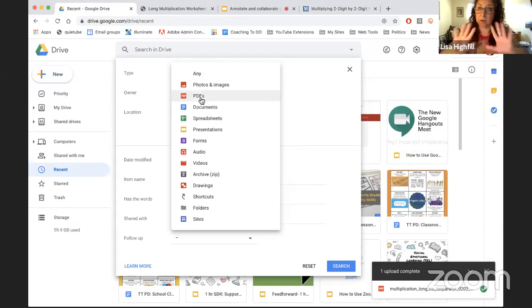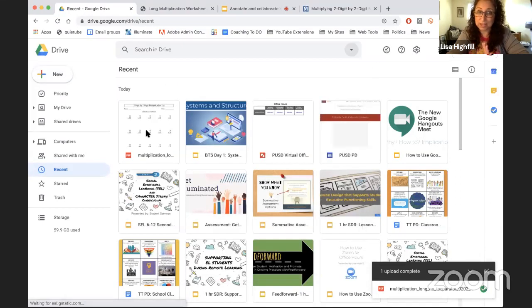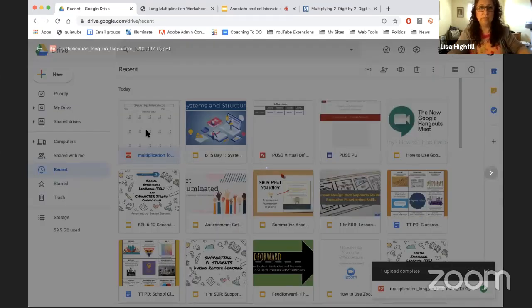Sometimes I have so much stuff in my Drive, I can't even find the PDFs. I don't remember what it's named. So that would be a handy way to find that PDF. So let me close that out. Everything's a little slow. Now watch when I open this PDF. If I double click it and open, it looks different